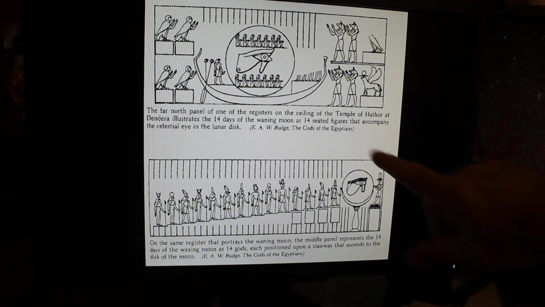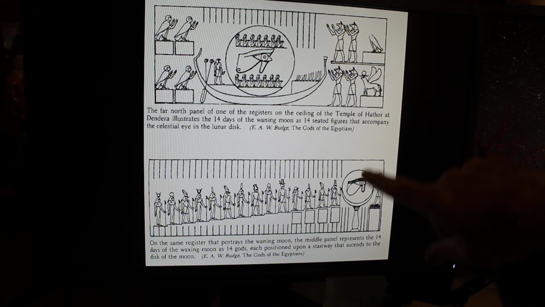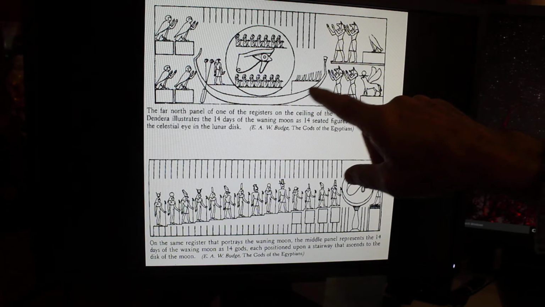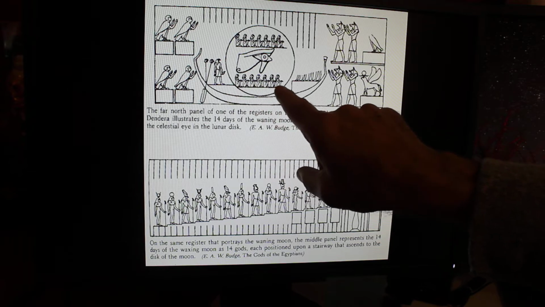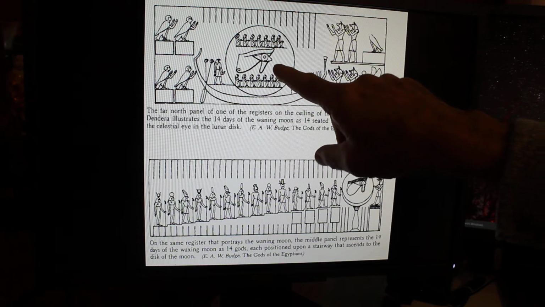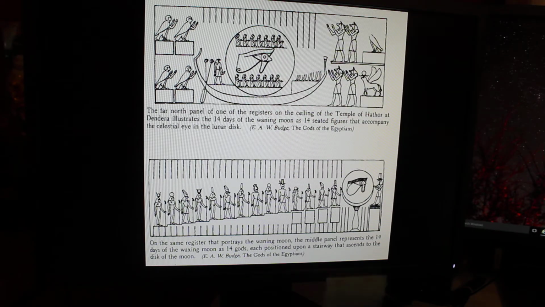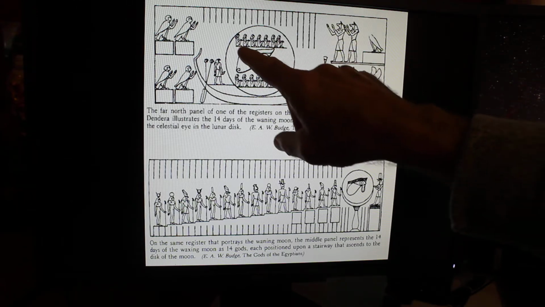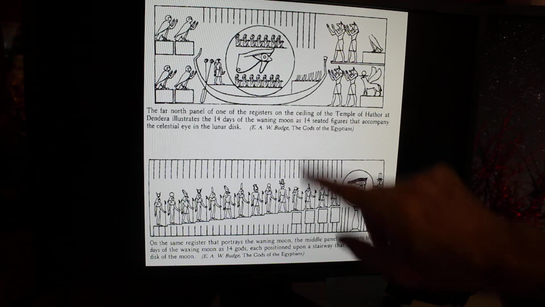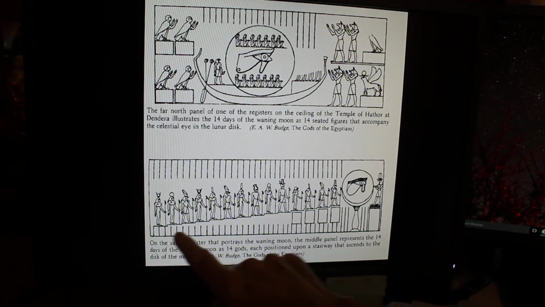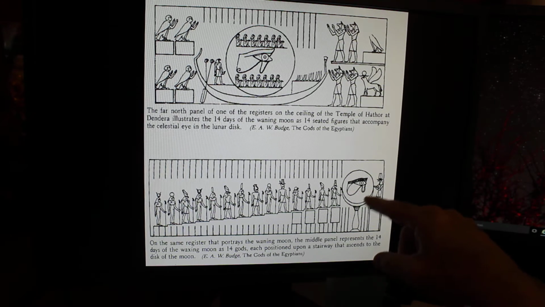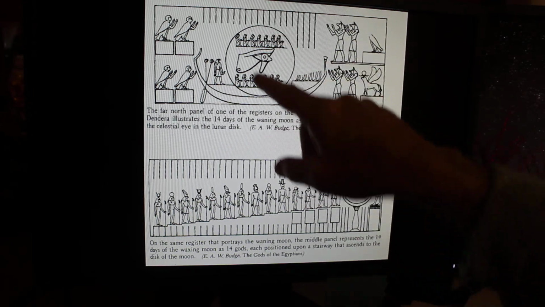you see on the Temple of Hathor, which I'm going to show you more pictures of in a second, that on this ship here, there are exactly 14 gods. By the way, I should tell you, Horus is usually represented by a guy with a falcon head. Okay? But there are 14, 7 on the top, 7 on the bottom. And down here there are 14. This also goes to the Eye of Horus and the disc. That disc represents the full moon. So this represents the full moon.